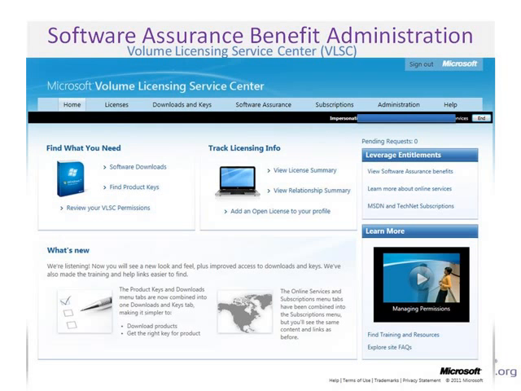The VLSC is the portal that gives you all the information around your licensing position and the benefits that you have. So let me just mark here for a second. If you look at the top, you have the licenses here. All the licenses that you own, all the licenses that your organization holds, can be seen here in one comprehensive overview. All actions needed and taken with that you can execute here.